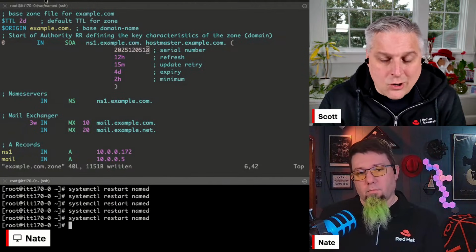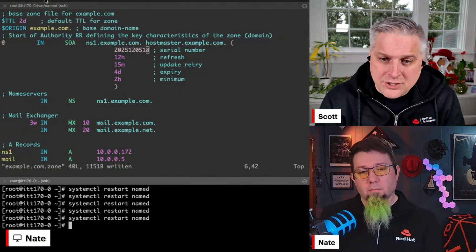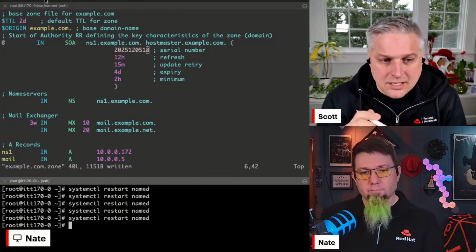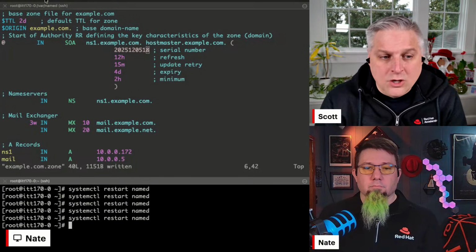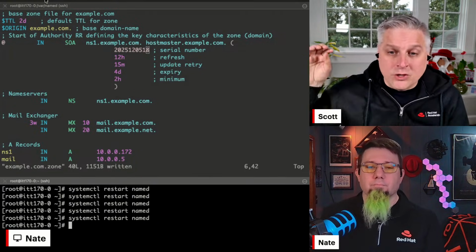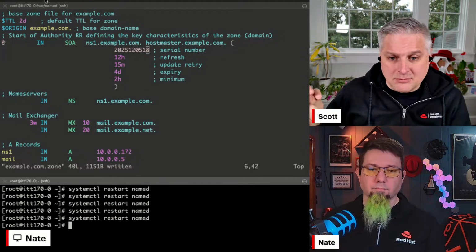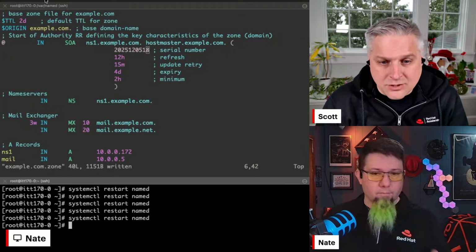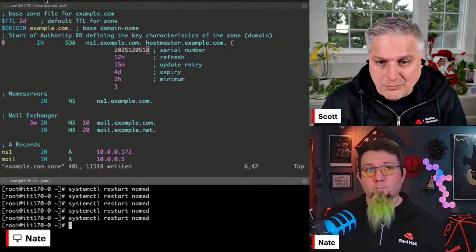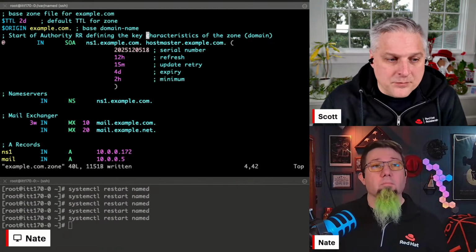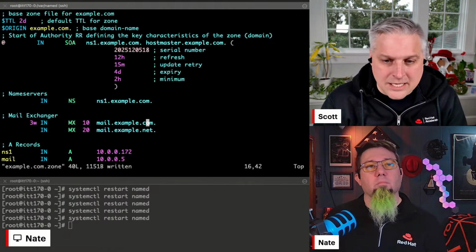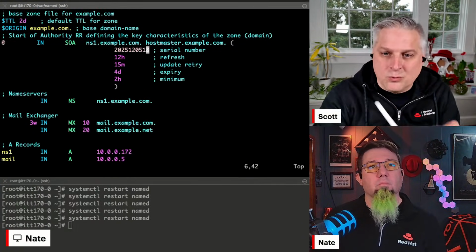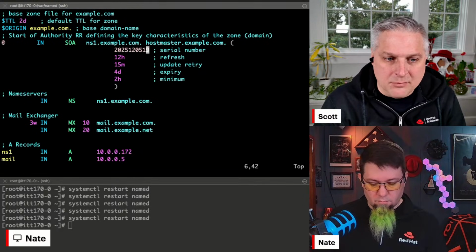And where I see that mistake made all the time is not that first entry in the file where you're specifying the host names. It's things like the data in your MX record, or the CNAME record, where you're giving it an explicit host name and people forget to put that trailing dot. And so it automatically appends the domain name again to it. So I've less seen that in Nate's example of putting it as a host entry, because most people use whatever's in this file as kind of the template for how they're going to manage things.